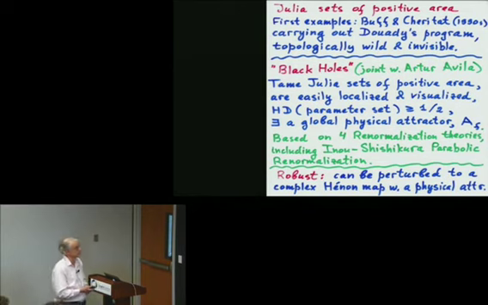And it is a very recent development, joint with Artur Avila. We constructed examples, which we call black holes, of Julia sets of positive area of a different nature. They are tame: the Julia sets admit a precise topological model, and it is easy to localize the corresponding parameters, and probably not so difficult to visualize this set, and the set of parameters is fairly big. This result requires invoking four different renormalization theories.